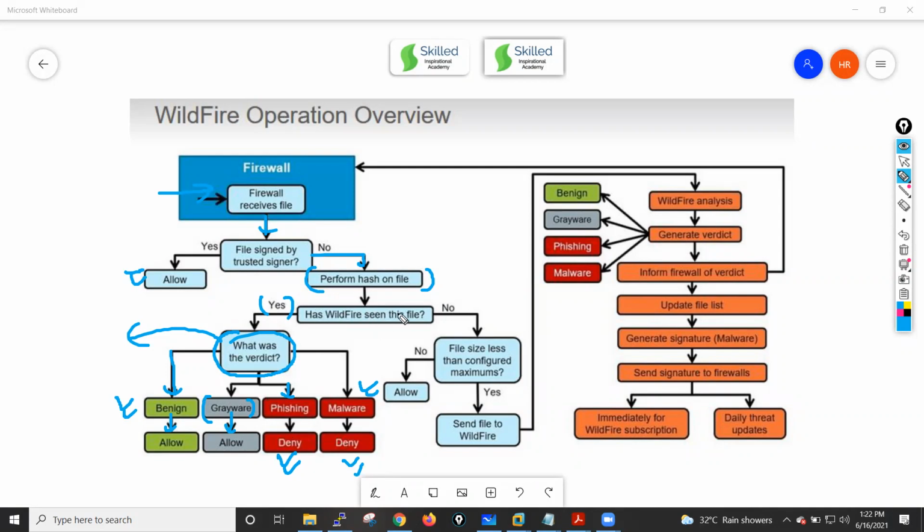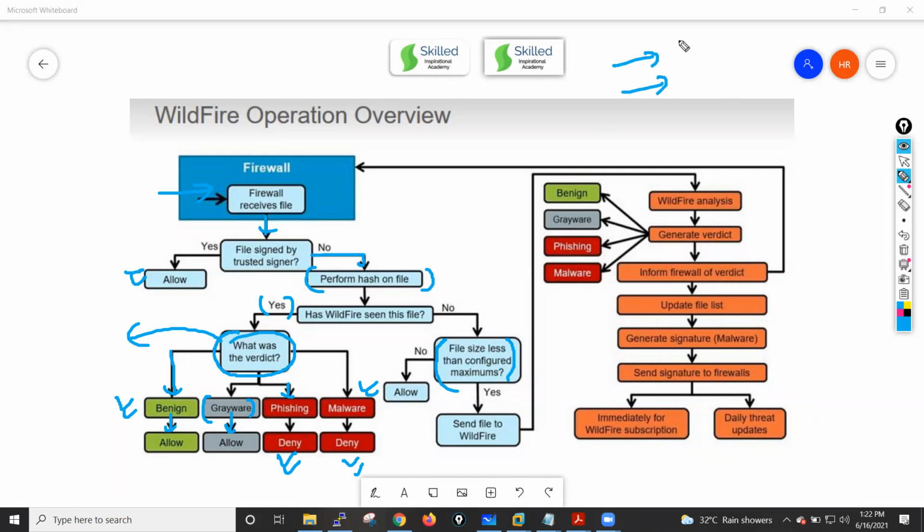Let's suppose this file is not seen by WildFire, meaning there is no signature in the database for this file. In that case, it will now check the size of the file. If the file size is less than whatever we have configured, because we will not send all files to the WildFire analysis, we have some kind of size limitation.